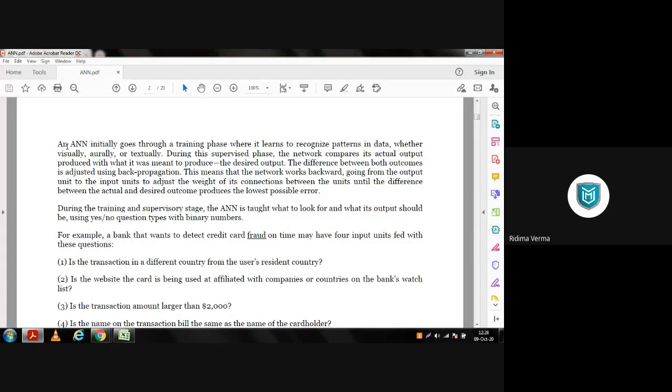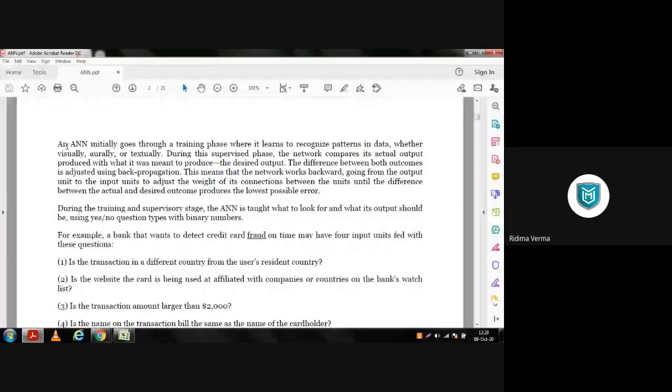In backpropagation, from the output we will move back towards the input. We will check the weights and the biases that we have considered, and according to the desired output that we want, we will make the changes in the weights and the biases so that whatever the input is, we get the desired output. This is what we will learn in backpropagation: how to calculate the error, mean squared error, etc.